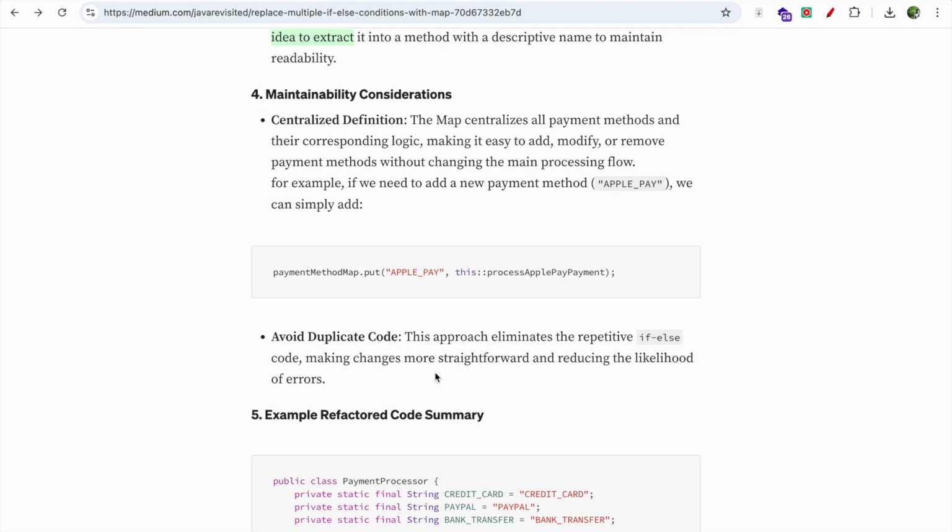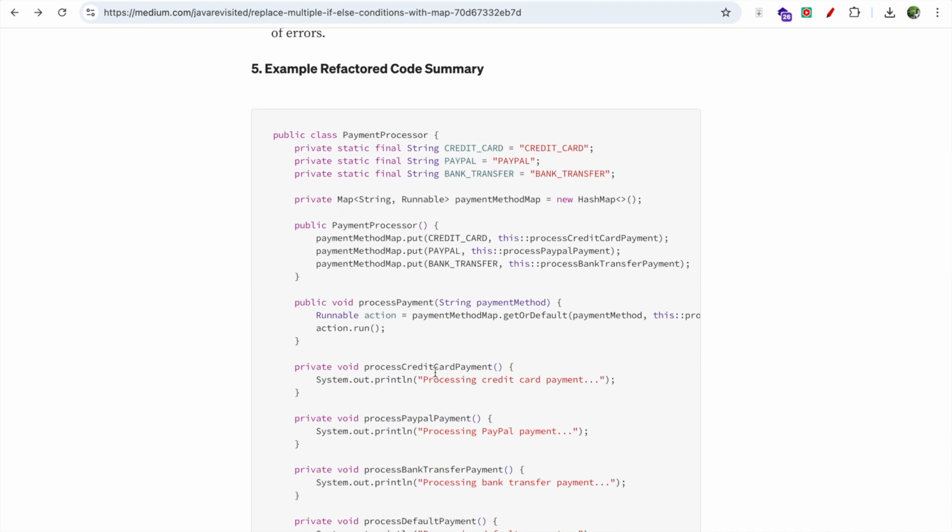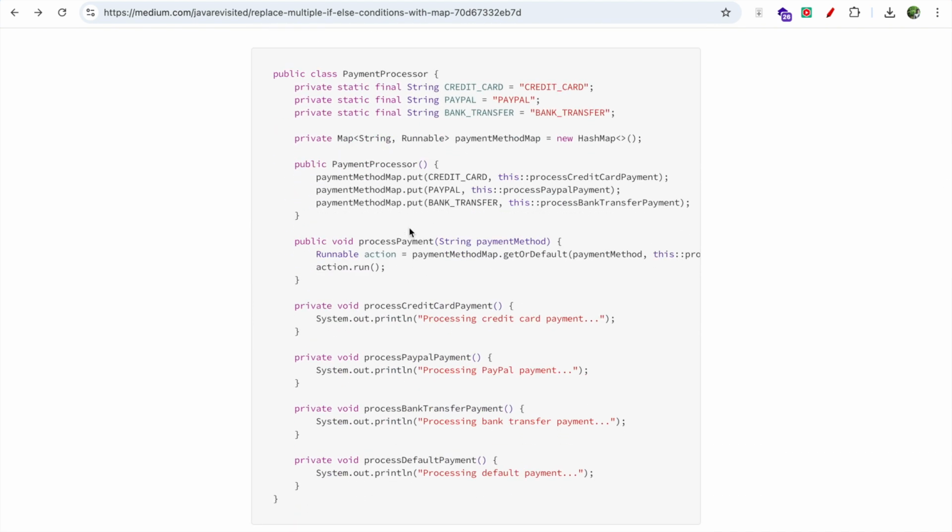Here we are decoupling our definition from the actual execution of the logic, and that also follows the open close principle. So our overall example for the refactored code would look like this, where we have a payment processor, we have different payment methods defined, and as we also said, we can define the enum for these, and then we have a map which is getting registered when we create an instance of payment processor